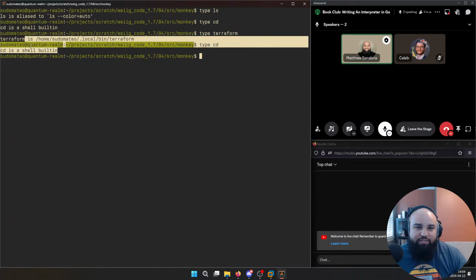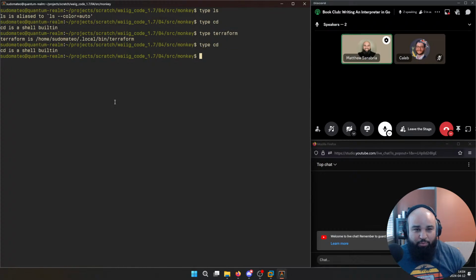So this is the same concept that we're talking about in this interpreter book, is that your interpreter is not only responsible for parsing commands that get passed to it, but some commands could even just be built into the interpreter that the user does not have to define, and the user doesn't have to write any logic for it.